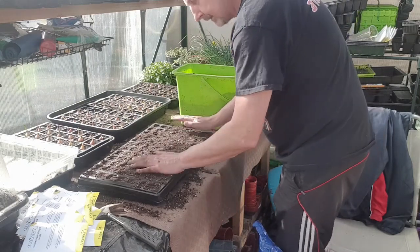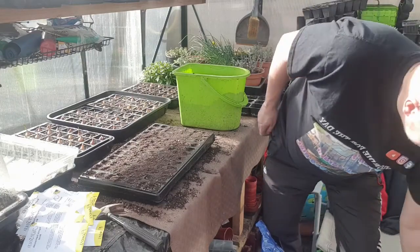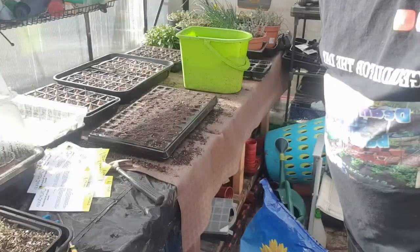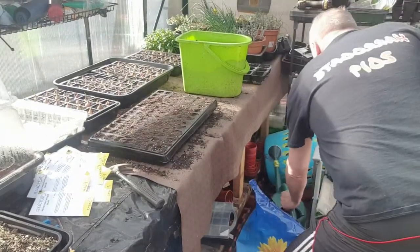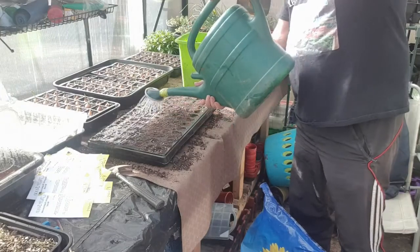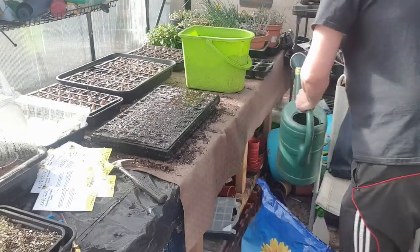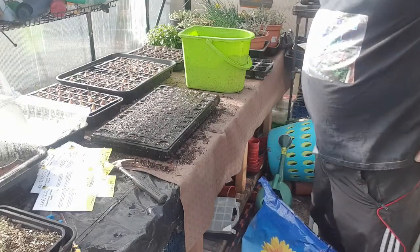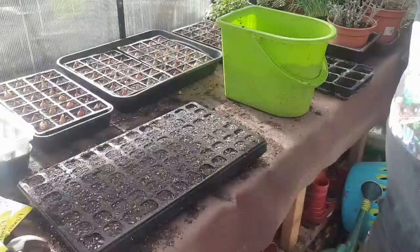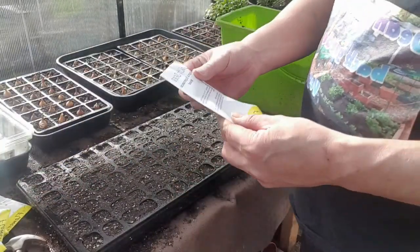Right, let's water them in. Good soaking. And with the 3-2-1 mixture, these will soak in straight away. I'm just going to bring you closer. Okay. So with these packets,